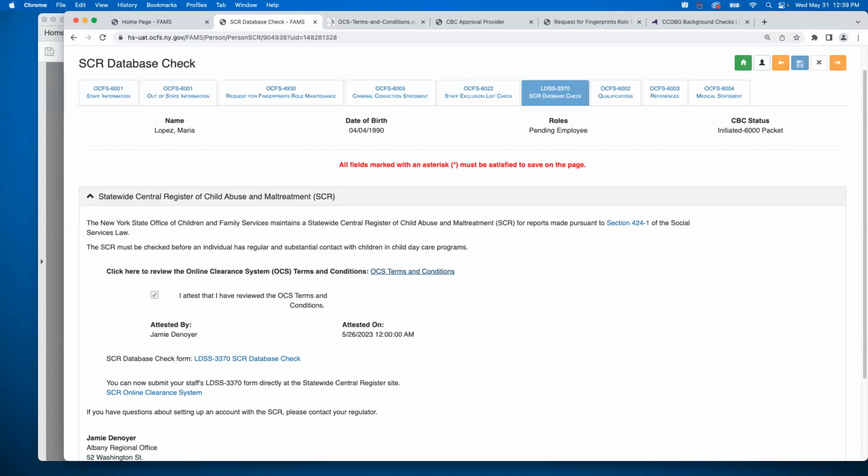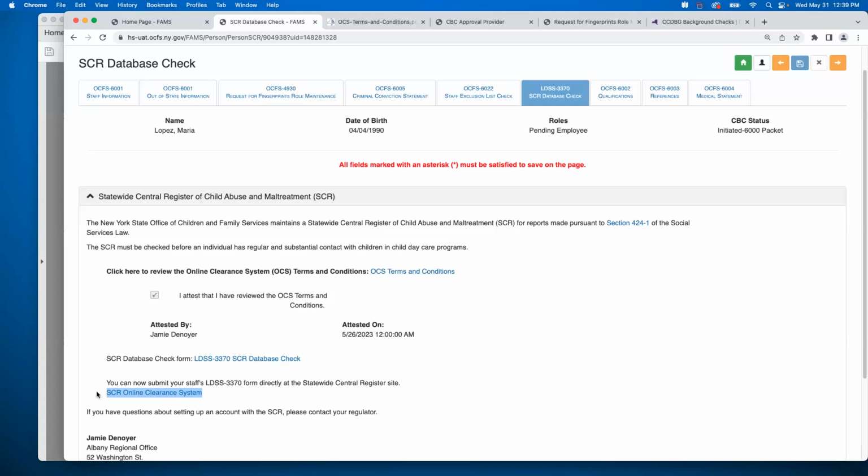So with the SCRs, providers, after you attest everything, when you click on the link, it'll bring you into the SCR database, and it is linked currently to your FAMS user login and password.